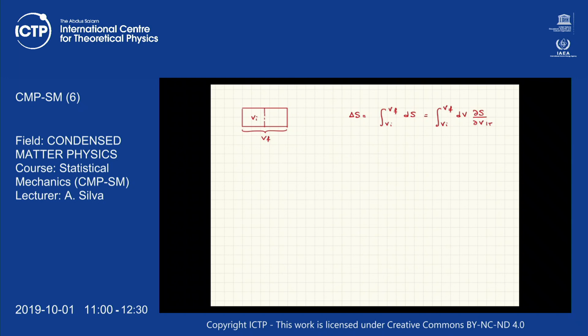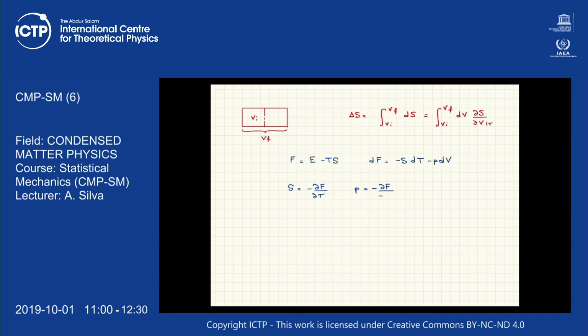The Helmholtz free energy, which is defined as F equal to E minus T times S, dF is equal to minus S dT minus P dV,